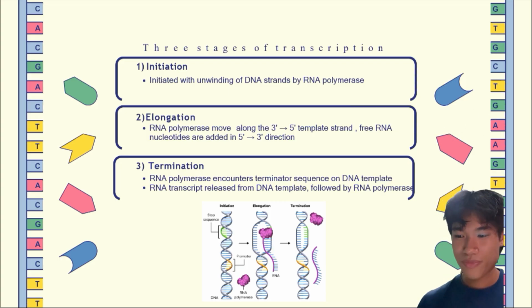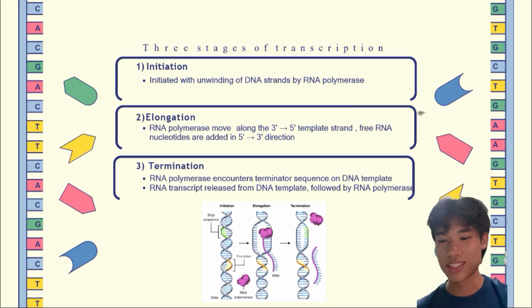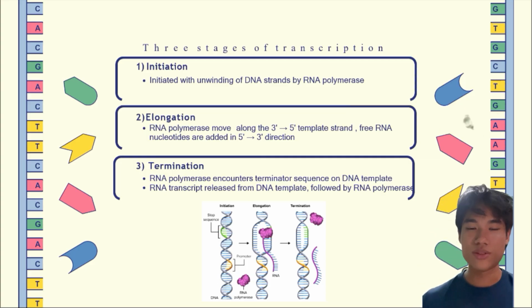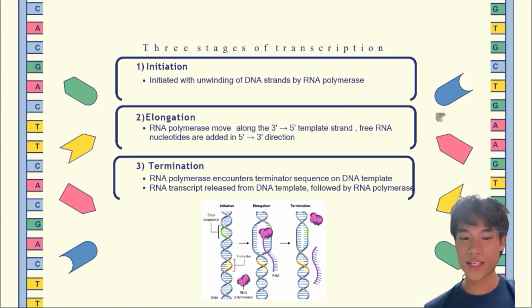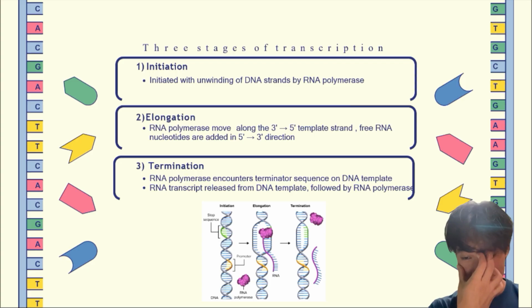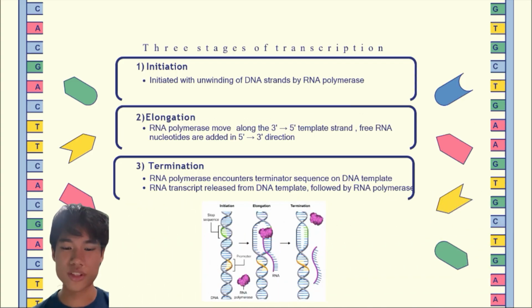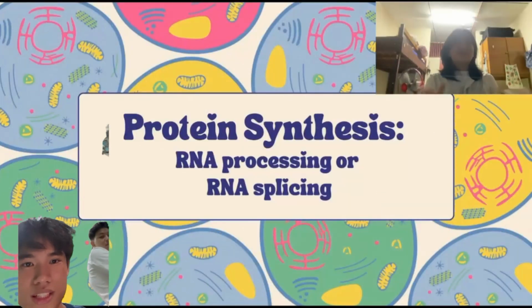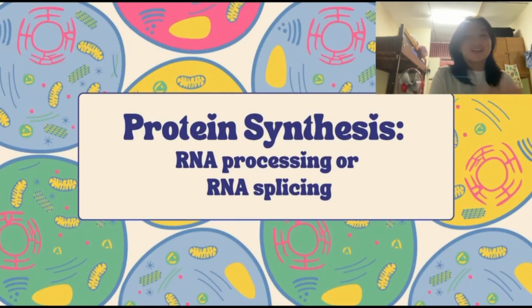Termination is when RNA polymerase encounters the terminator sequence on the DNA template. The RNA transcript is released from the DNA template, followed by the RNA polymerase. In prokaryotes, the RNA transcript can be immediately translated by ribosomes, whereas in eukaryotes, RNA must go through RNA processing before leaving the nucleus. So I'm going to talk about RNA processing and RNA splicing, and this only occurs in